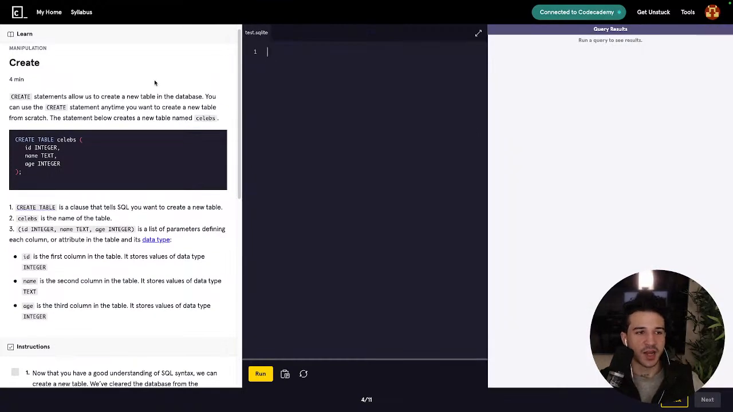Create statements allow us to create a new table in the database. You can use the CREATE statement anytime you want to create a new table from scratch. The statement below creates a new table named celebs: CREATE TABLE celebs (id INTEGER, name TEXT, age INTEGER);